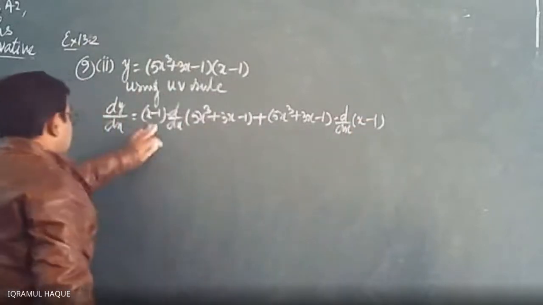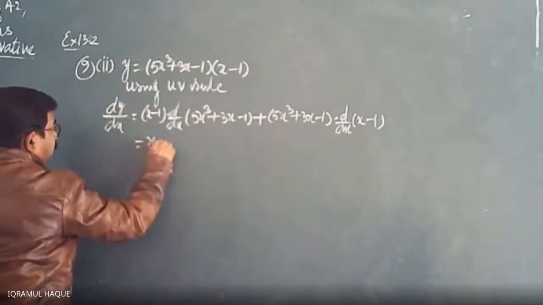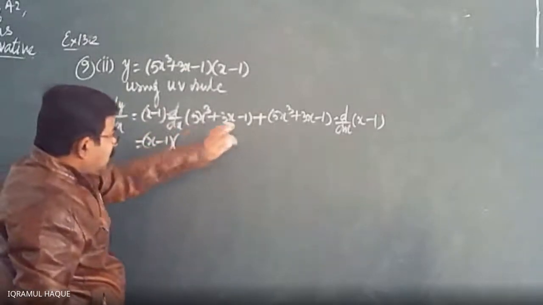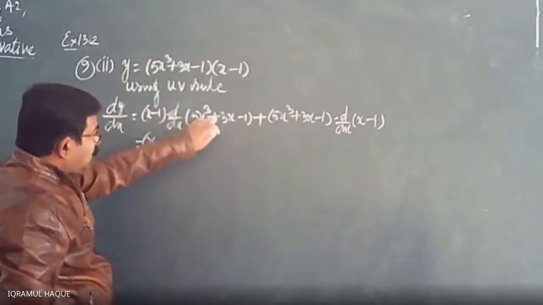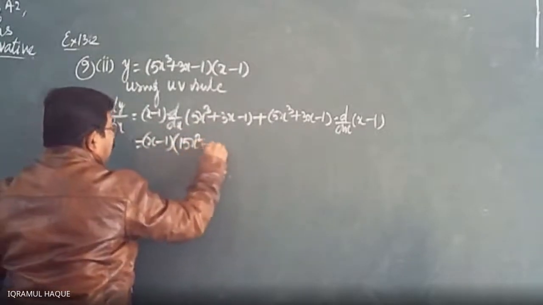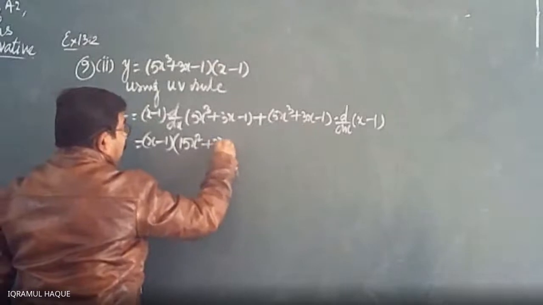See, this x minus 1 remains same here. Individual functions, so 5x cube, this 3 comes first, so we have 15x square plus 3, and this becomes 0,